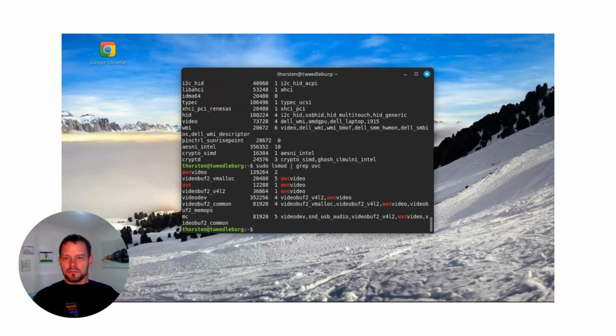So this is uvcvideo, which is by most counts the valid driver for a webcam under Linux. And if you unload this module, then suddenly it will not work any longer and the video devices will disappear. So if you need any way to debug it, have a look at the kernel module uvcvideo and at the devices /dev/video0, video1, and so on.